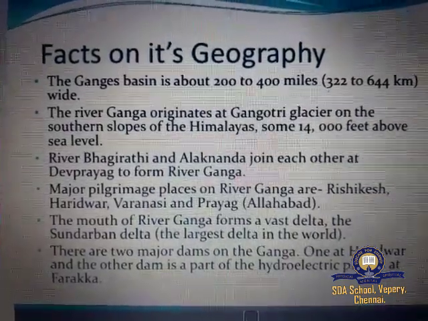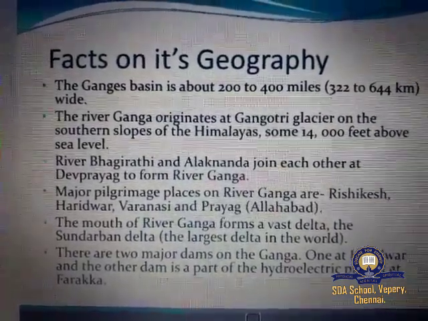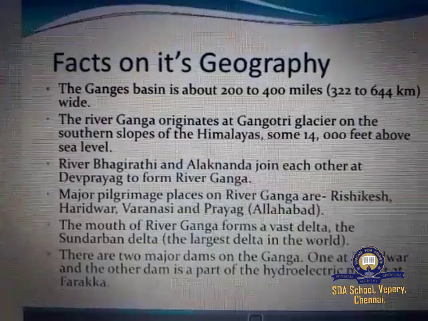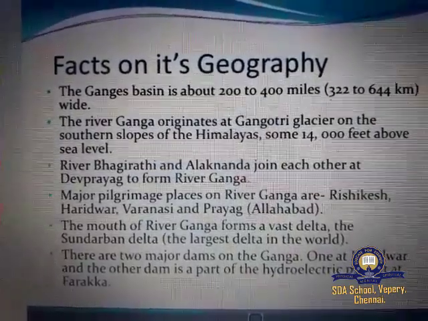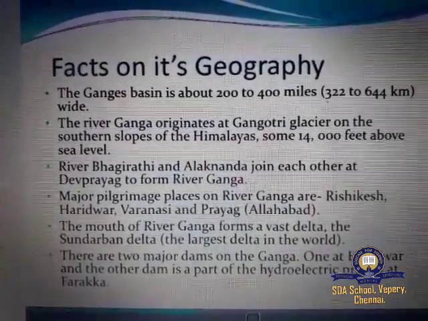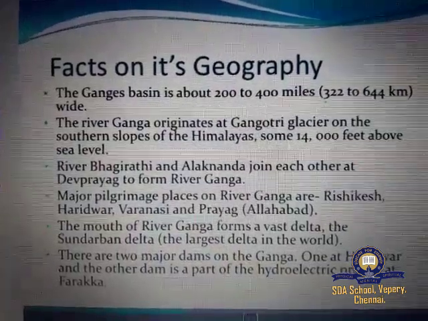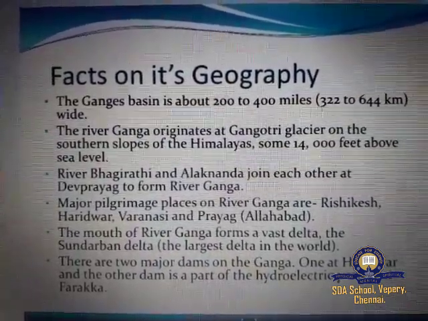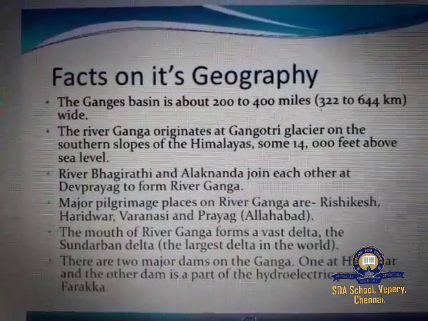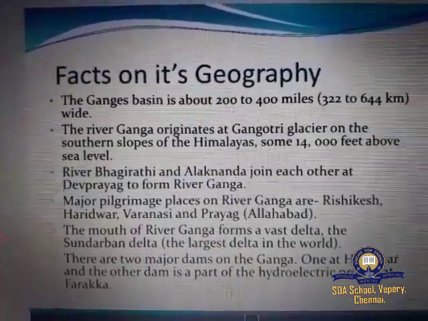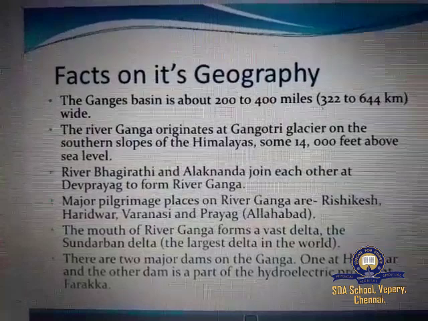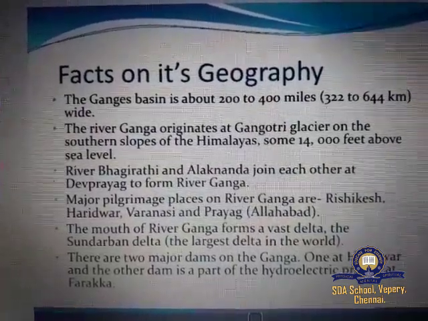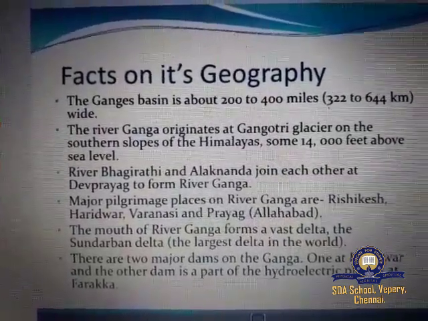Ganga river system. The Ganga river system is the largest drainage system of India. It extends over an area of 8,61,404 square kilometers in India. The Ganga plain is the most densely populated place in India and many towns are developed on the banks of